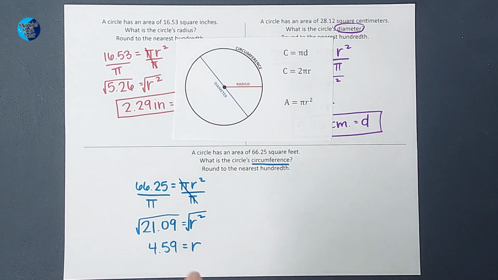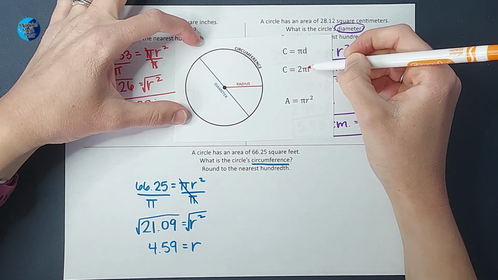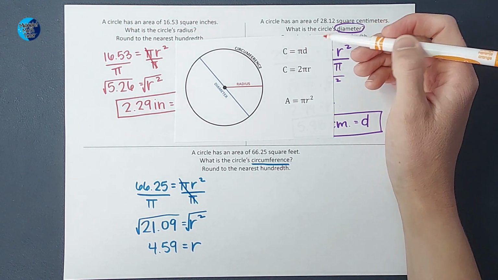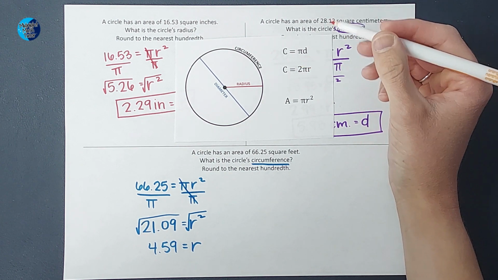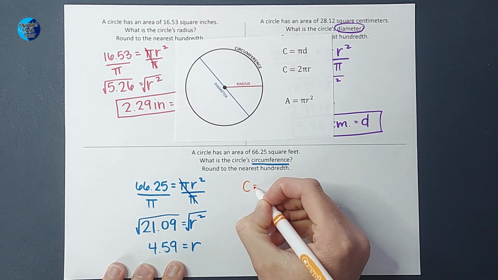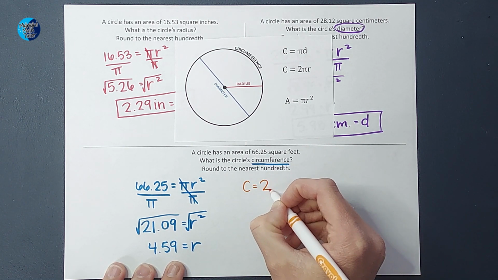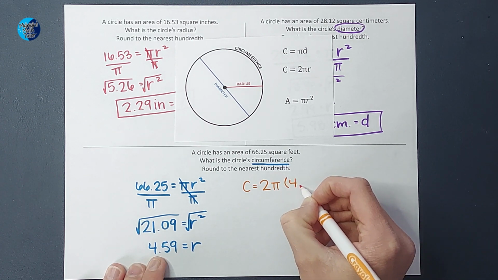So I can use the radius to find the circumference. The circumference is either pi times the diameter or 2 times the radius times pi, which is the same thing, right? So I'm going to say my circumference is equal to 2 times pi times my radius that I just found,